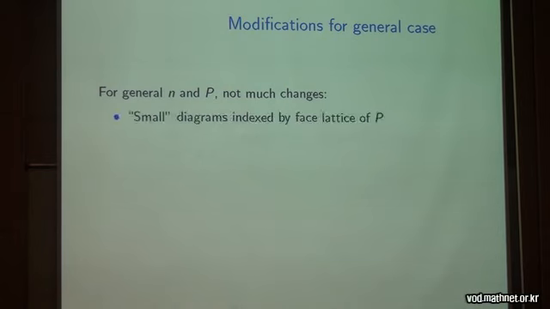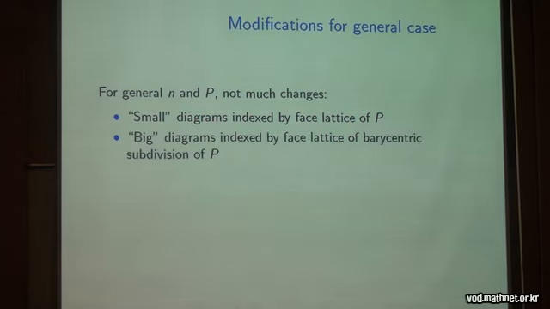So in terms of combinatorics, these small diagrams, corresponding to the Zariski covering, are indexed by the face lattice of P. That's again the usual thing you expect from toric geometry. The big diagrams, after passage to FPQC topology, would then be indexed by the face lattice of the barycentric subdivision of P. So in other words, if you go to high dimensions, that gets a little bit of a nuisance to write down, because the diagrams blow up in size pretty fast. Okay, but if you then go through the proof, you change to FPQC topology and so on.